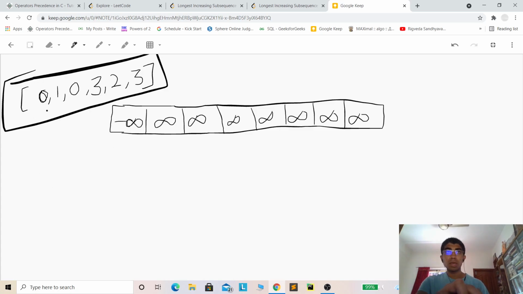For example, we iterate from left to right. So first we have 0. What is the corresponding position of 0 in the sorted order of this array? Obviously 0 would come over here, right? Because 0 is greater than minus infinity but lesser than infinity. So 0 would come in this first position based on 0 based indexing.